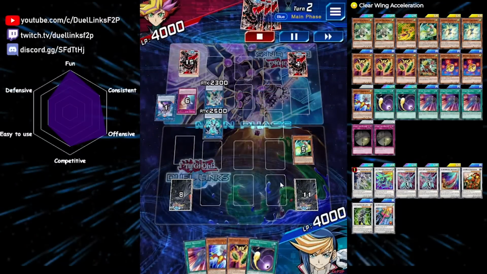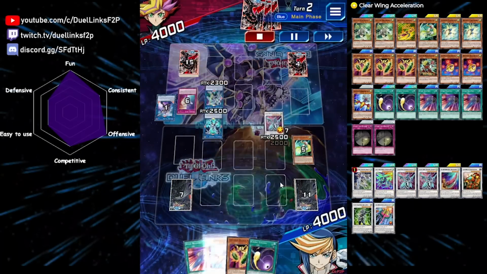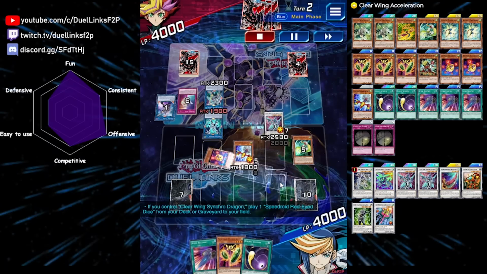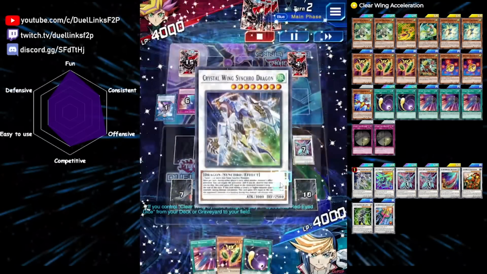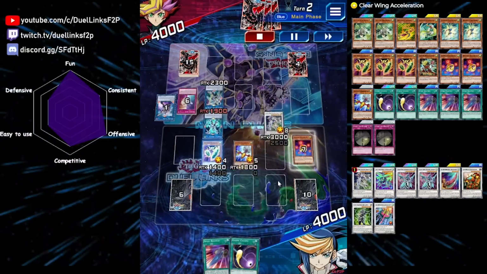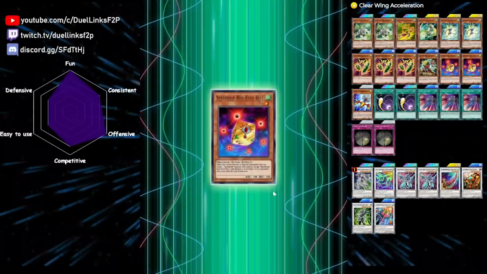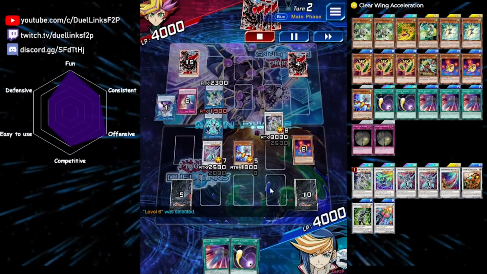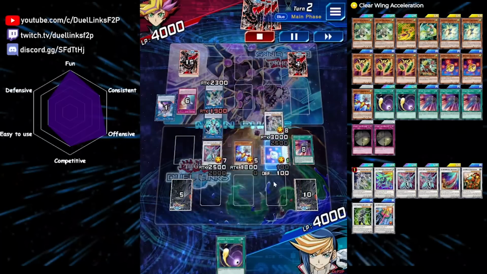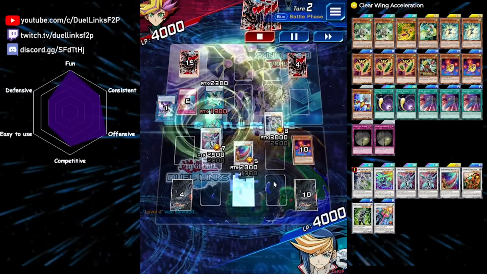Gonna sink her into Clear Wing Synchro Dragon. We're gonna now summon a Rubberband Plane. And Firewall Dragon is kind of a problem, but he doesn't activate it for some reason. So we get to make a Crystal Wing Synchro Dragon, so even if he does activate it now, it's too late, we can just negate it. Now we're gonna make another Clear Wing Synchro Dragon, revive back the Red Eye Dice with our Speed Recovery, change it to level 4, make Chanbara as our OTK machine, we're gonna